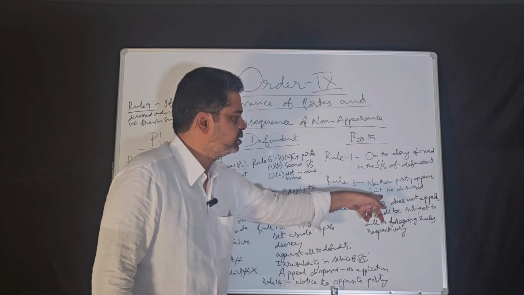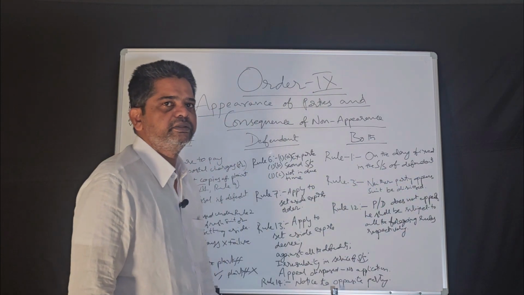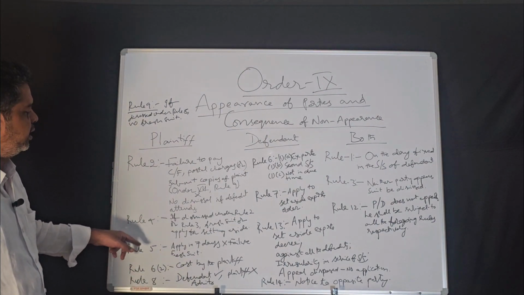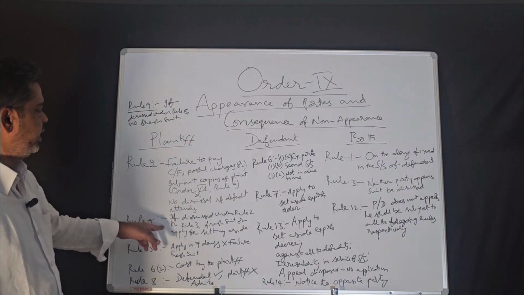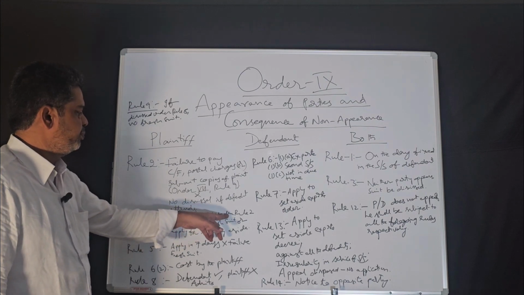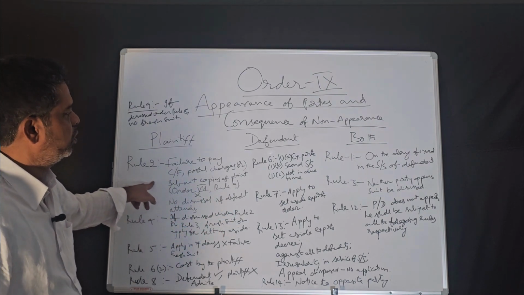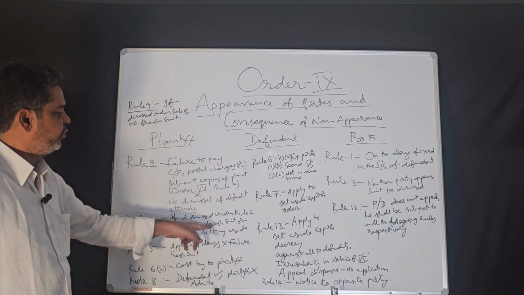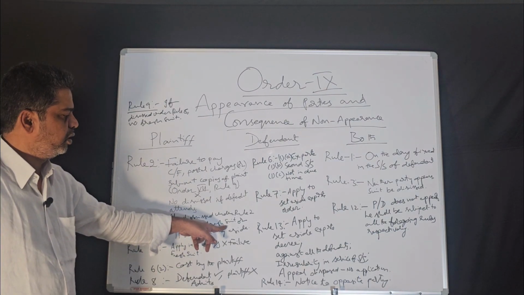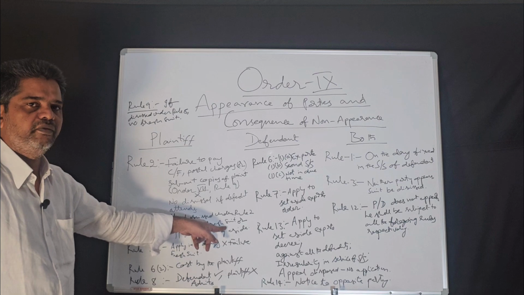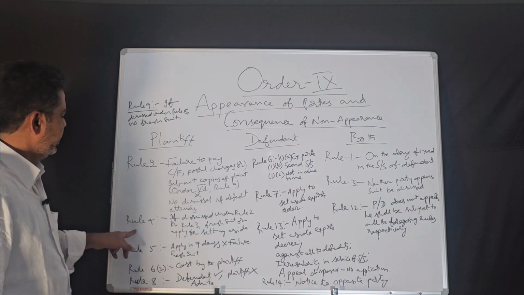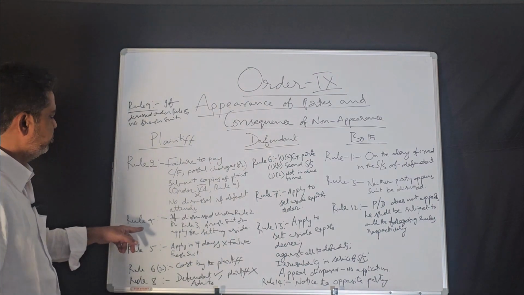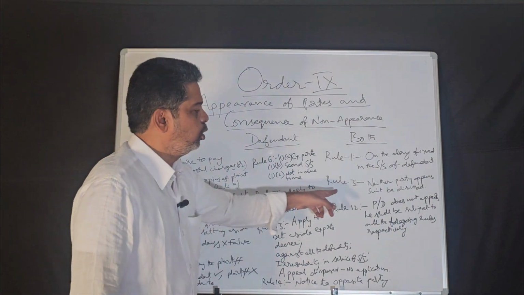Okay friends, and rule 3 of Order 9 says that if on the day fixed by the court neither party appears, the suit of the plaintiff shall be dismissed. Okay friends, rule 4 of Order 9 says that if the suit of the plaintiff is dismissed under rule 2 or rule 3, the plaintiff can file a fresh suit on the same cause of action subject to the law of limitation, or the plaintiff can apply for setting aside the dismissal order made under rule 2 or rule 3